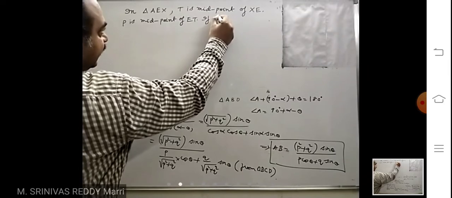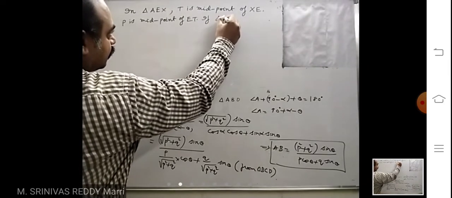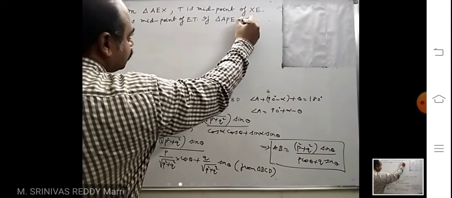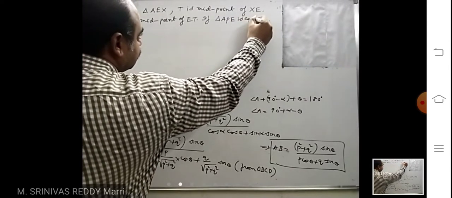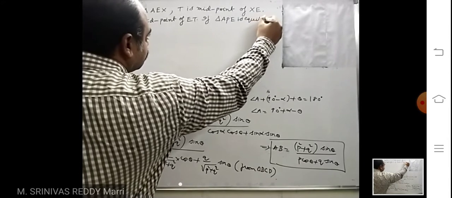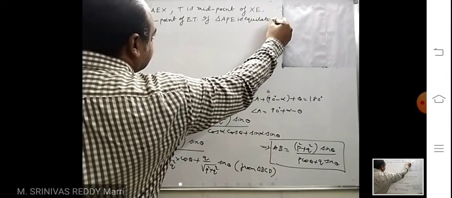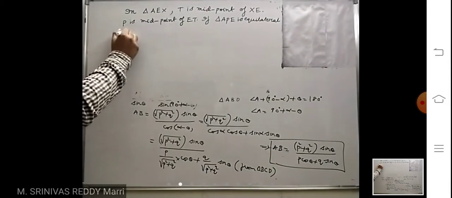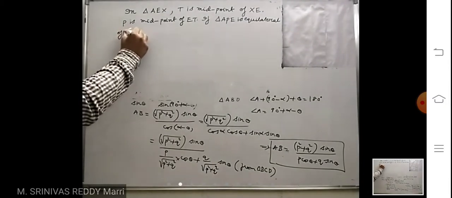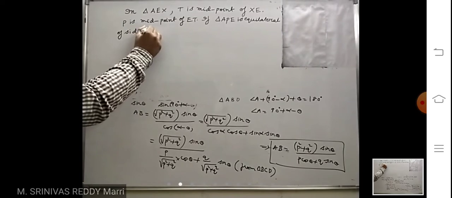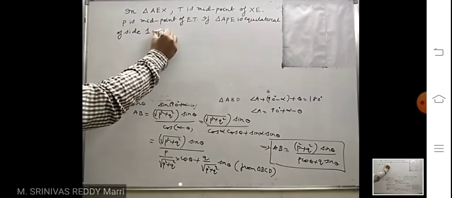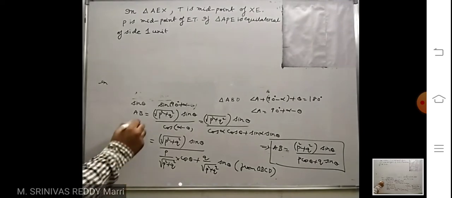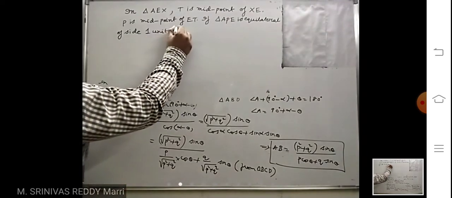If triangle APE is equilateral of side one unit, then